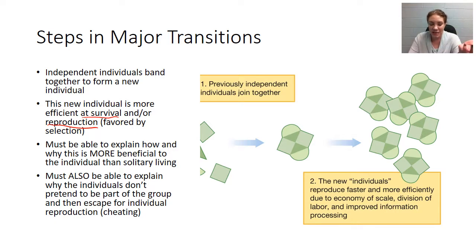So what is to keep this cell basically from going with this other cluster, getting all the resources and all the benefits in the food, and then taking off with that, either stealing it or just using it itself for selfish reasons and going off and reproducing on its own? That does happen. But there seem to be some ways to sort of compensate for that and offset some of that. And some of that actually seems to occur with,